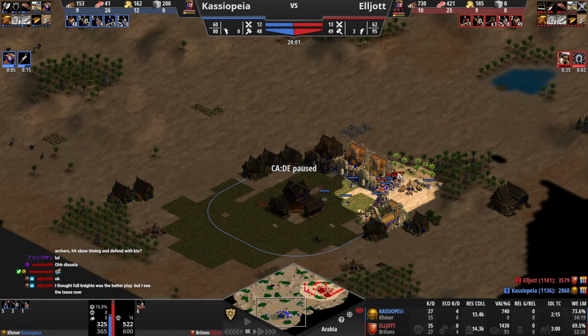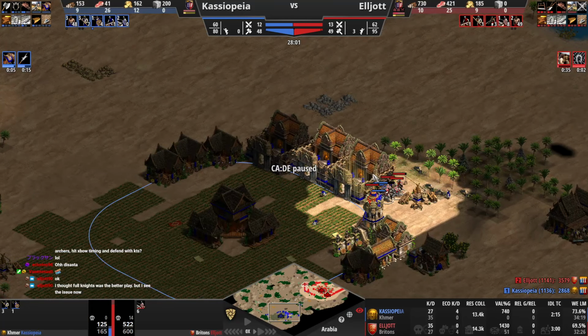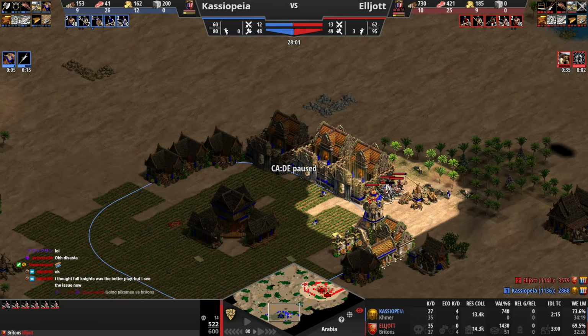It was fine to go knights. We didn't need to go knights, but crossbowmen would have done the same thing. Crossbowmen still would have killed everything, because crossbowmen kill everything in Feudal Age. Even if he's full skirm, crossbowmen with 8 range especially, you just dominate. Going pikemen versus Britons, well, I mean, it was kind of